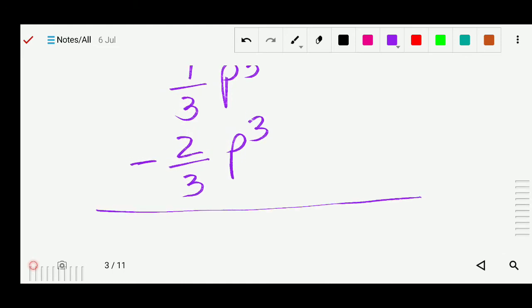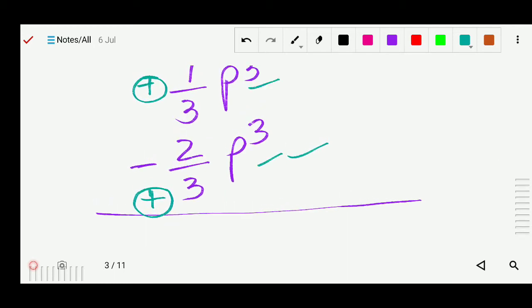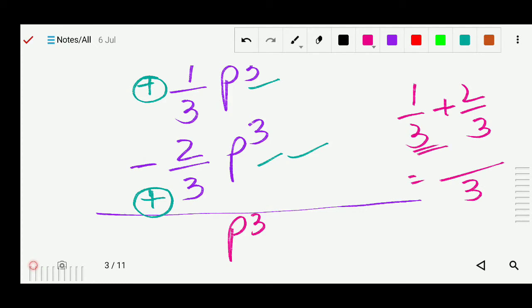Now first of all we will see the subtrahend part. This is the subtrahend part, its sign will change because there is a minus, so now it became plus. Here it is also plus, because there is no sign, it means plus. So I will write the variable part first, pq, because we know that variable we write the same. Now we will add this 1 by 3 and plus 2 by 3. We know how to add fractions. You can see the denominator is the same, so we write the 3 same, 1 plus 2 is 3, so this is 3 by 3.